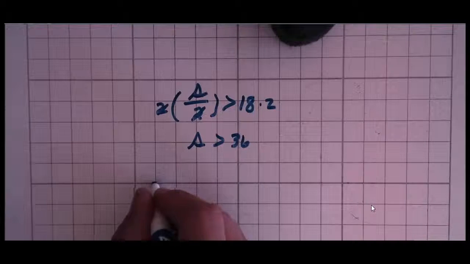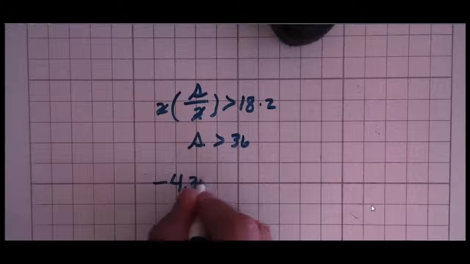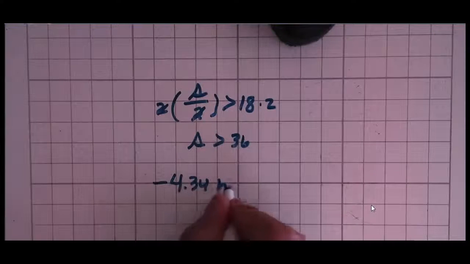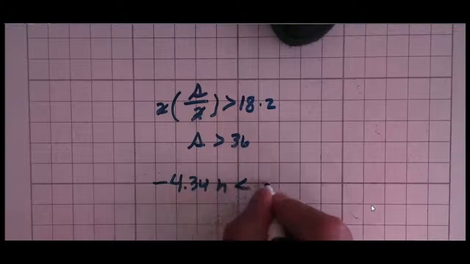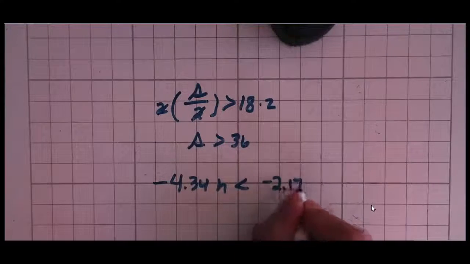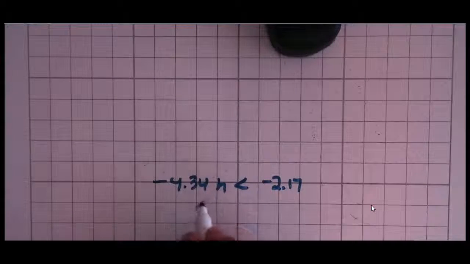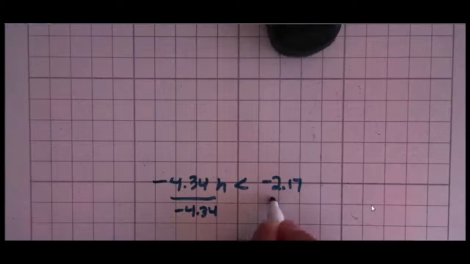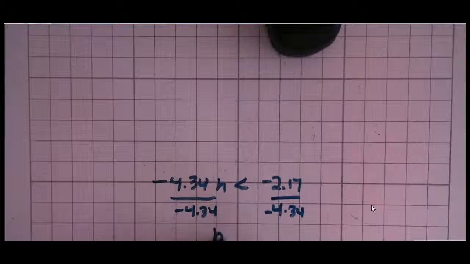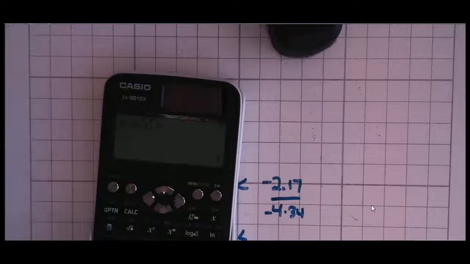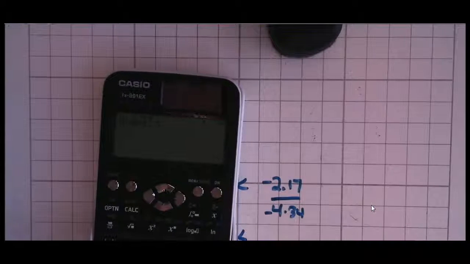Let's do one more. −4.34h < −2.17. Now these are ugly numbers. Now is the time to pull out your calculator because you have to divide both sides by −4.34. And I get h is less than, let's use our calculator,